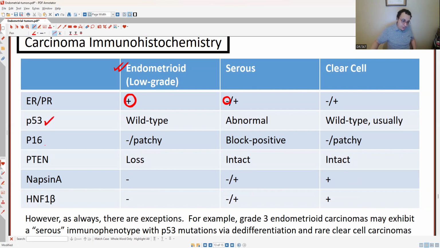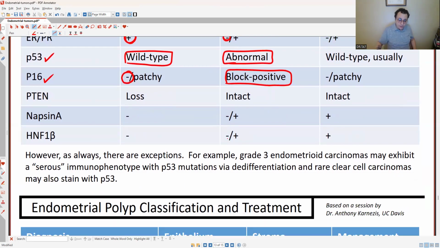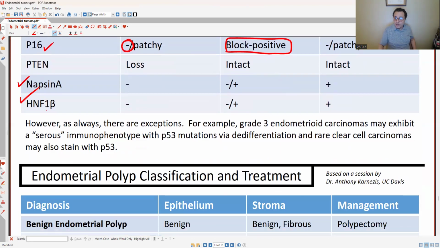However, P53 and P16 are very important. P53 is wild type in endometrioid and is mutant in serous. It's abnormal in serous, either null or strongly positive. P16 is negative in endometrioid and it's block positive in serous. This is very important. And then napsin A and HNF1 beta are the two key immunos which are positive in